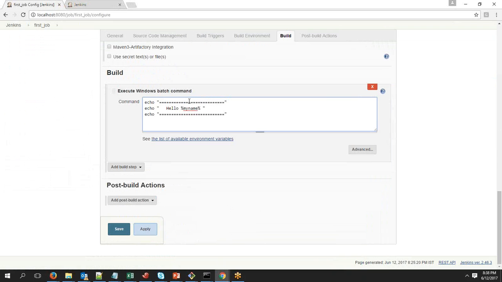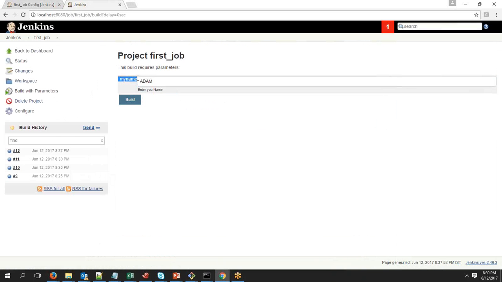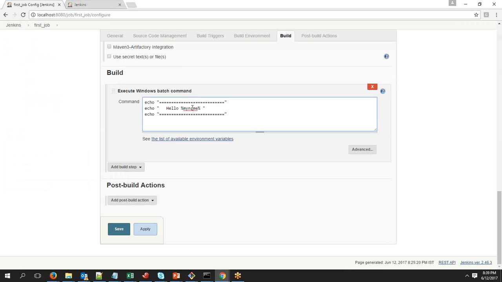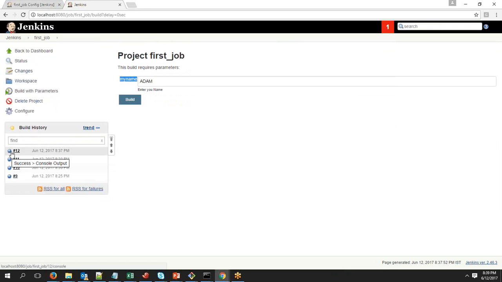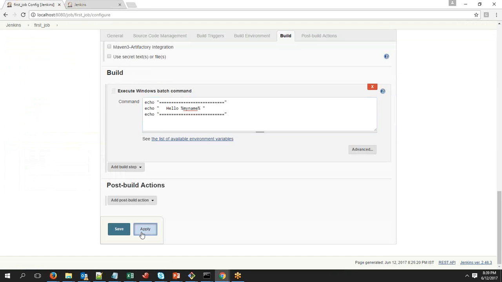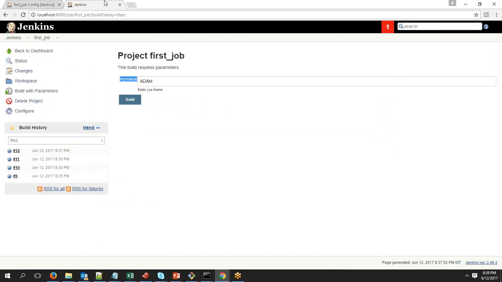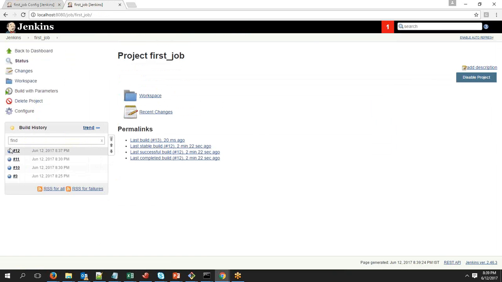Whereas in my case, we know that this is the variable what we have passed it as a parameter. So whatever values that I'm passing here will be available on this variable, and it will be available until this job execution has been completed. Okay, so now if you try to do the same thing, where I will just take the default and say build now,